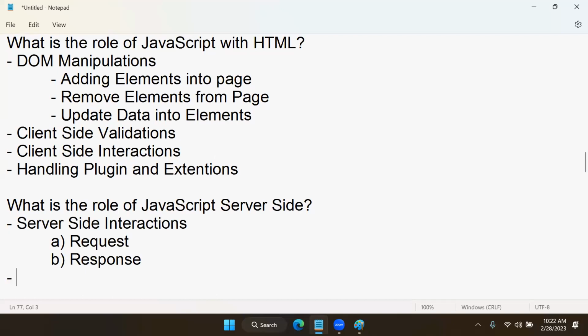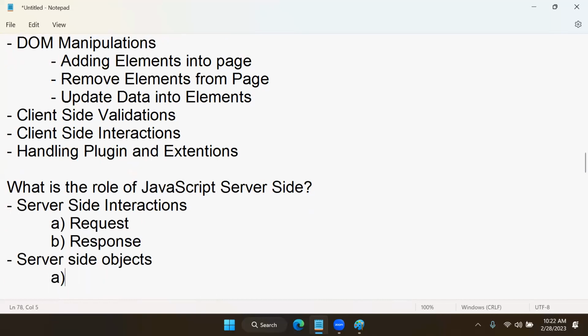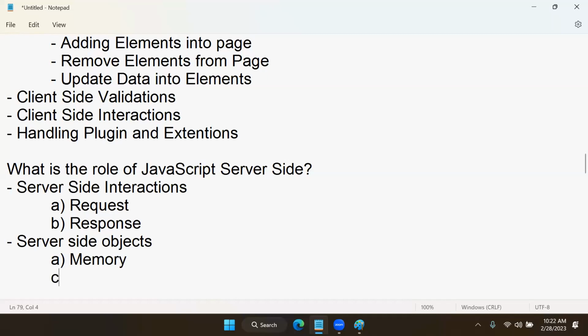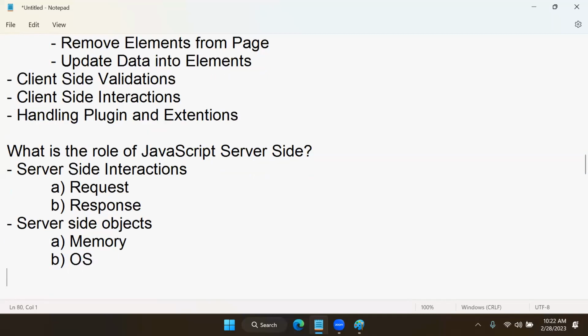And very important, JavaScript server side is used for server side objects, like managing memory, managing the operating system, managing files. All such interactions are managed using JavaScript. That means managing your server memory, managing your server operating system services, and managing the files on the server. These activities are all done by